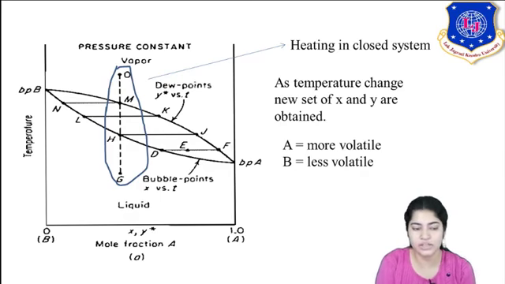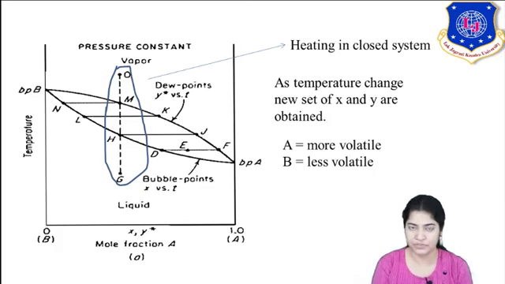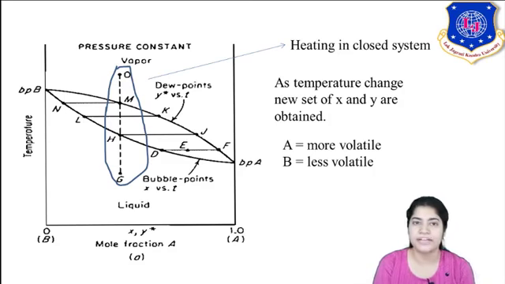You can see the horizontal lines N, M, L, K, H, J. What are they? Those are tie lines. Tie lines show equilibrium compositions in both vapor and liquid phase of the more volatile component, which change with change in temperature. At the HJ condition, my temperature was different, so I have that set of equilibrium conditions. Now as I increase the temperature, when liquid and vapor exist together, I have the LK composition. L shows the composition of the more volatile component in the liquid phase, whereas K shows the composition of the more volatile component in the vapor phase.